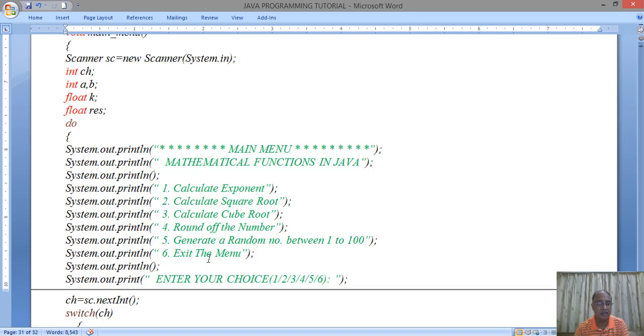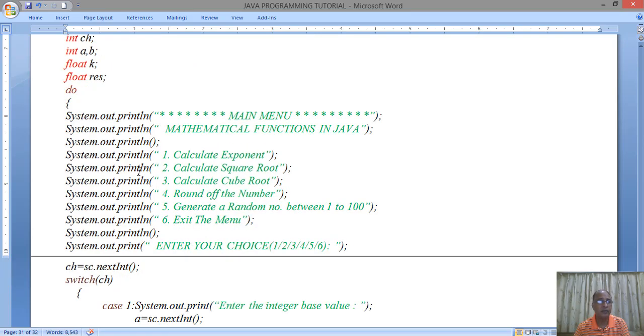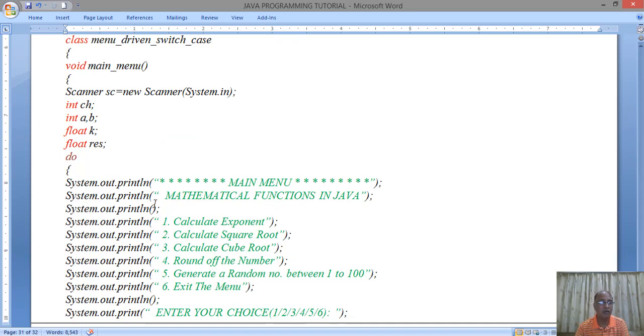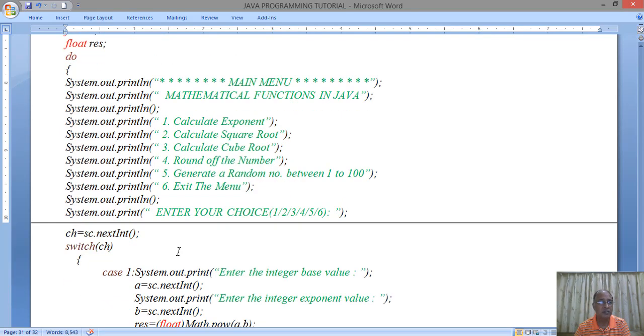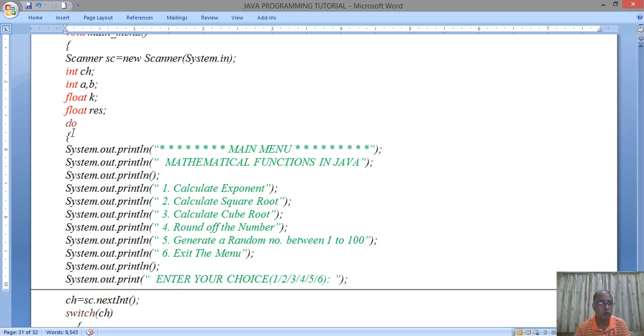Only when you press 6 can you exit, otherwise it will keep on continuing and asking you the options from the menu. This is a better program as compared to the previous one, where the program could run once only. So here we have contained the whole program into do while.